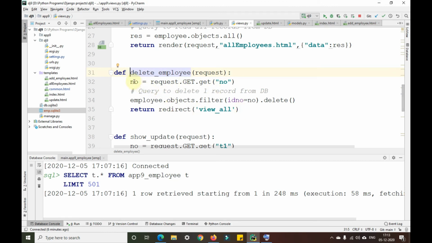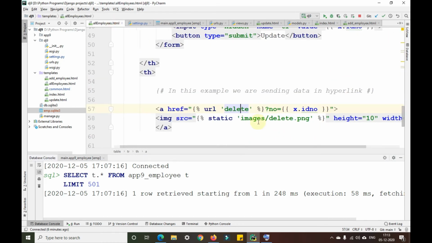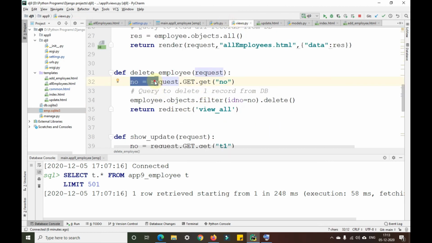In this, I've done nothing special. I've just taken number equals request.GET number. In this, we are given number equals x.id number. So the same number I'm taking here in views.py.